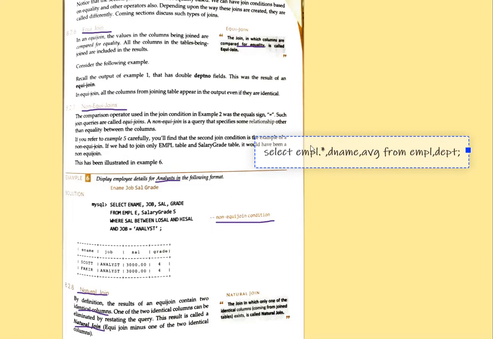So this type of join will be called an equi-join. Is this clear, equi-join? Equi-join is clear. Again, I'm repeating: from the first table showing all the information, from the second table only showing the uncommon information, meaning all the columns which were not common, that when we are showing will be called an example of natural join. Clear?